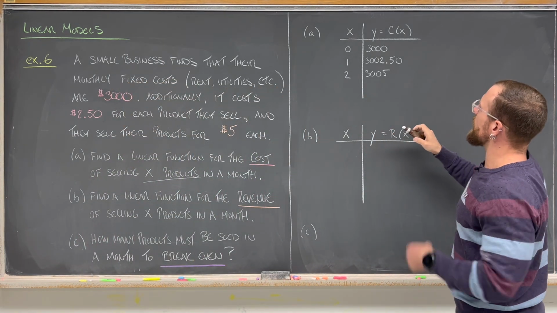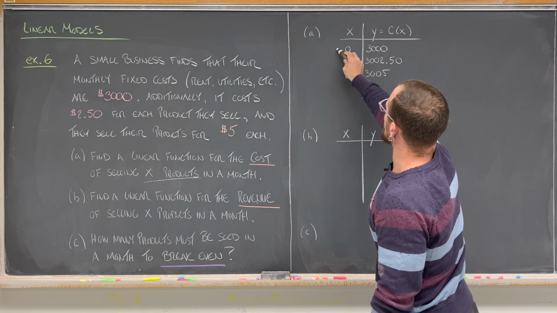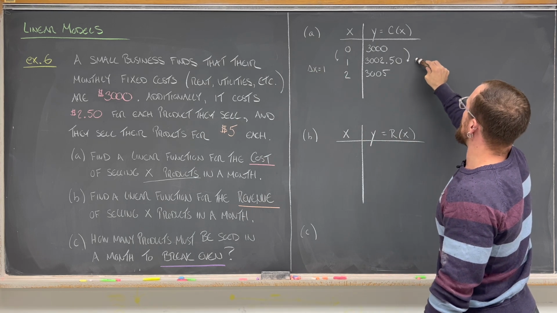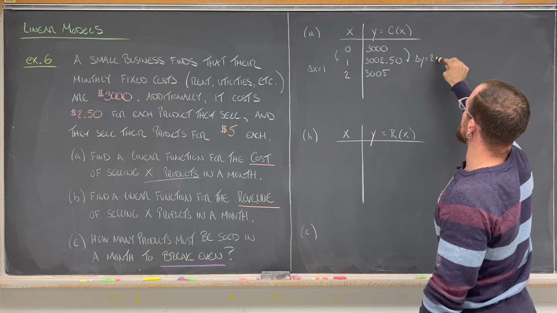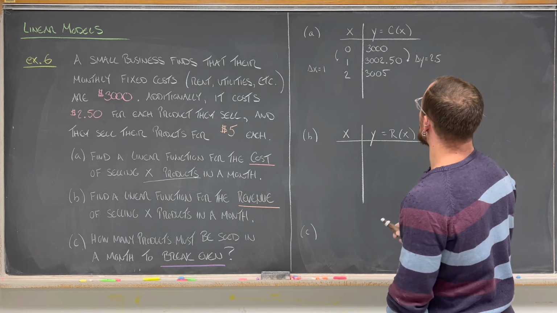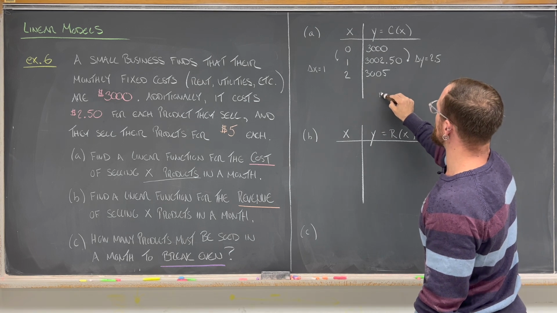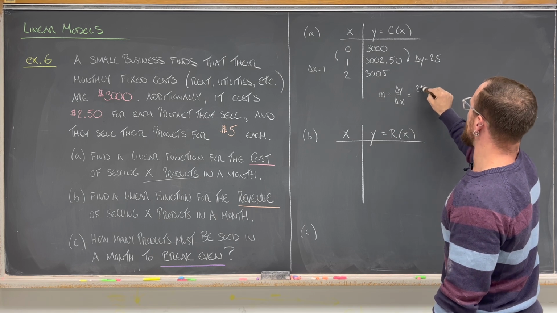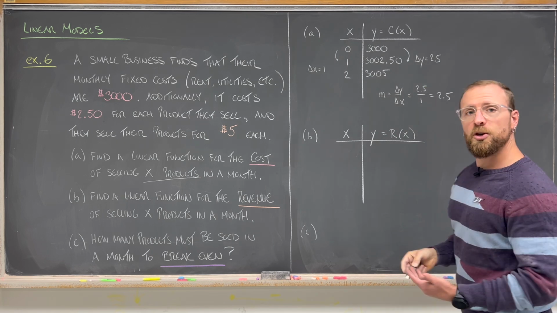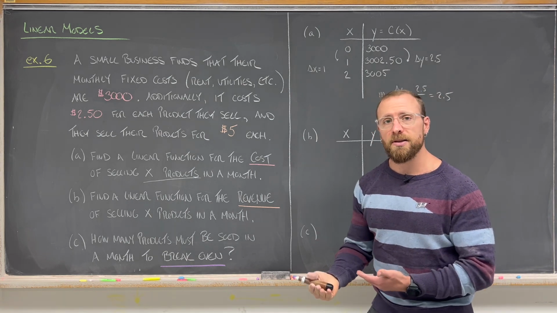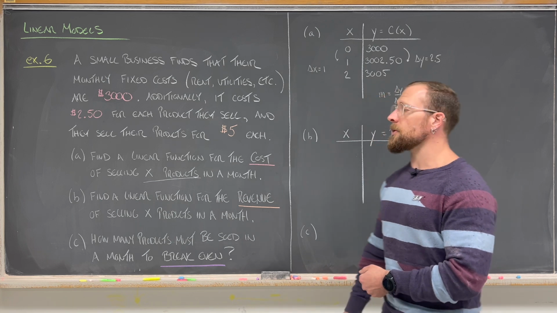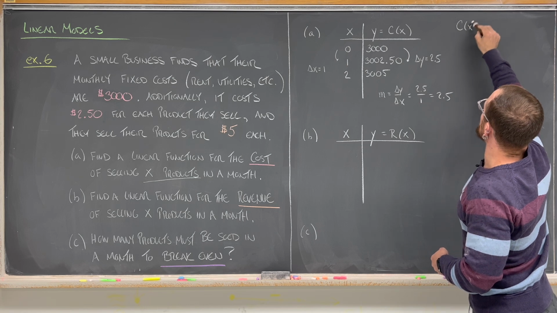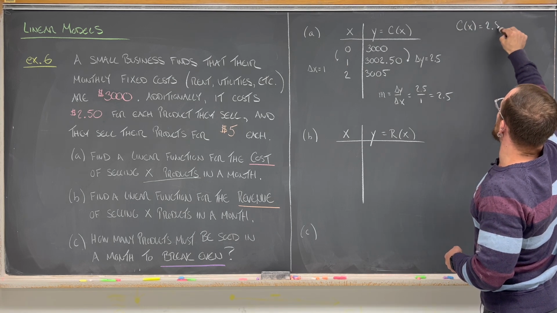Maybe you can see what's going on here, that the slope, when we look at how I'm changing x, I'm changing x by 1. How am I changing y? The corresponding change in y is that it increases by $2.5. Okay? And so if we want to calculate the slope m, that's change in y over change in x. That's 2.5 over 1. We can see the slope is 2.5. Your cost is increasing by $2.50 every time x, the number of products sold, increases by 1. So I know that this cost function, c of x, is going to begin 2.5x